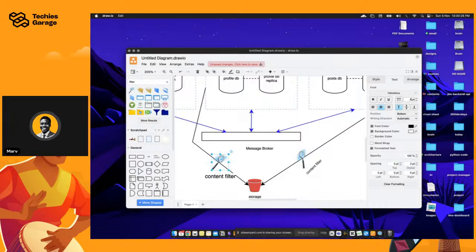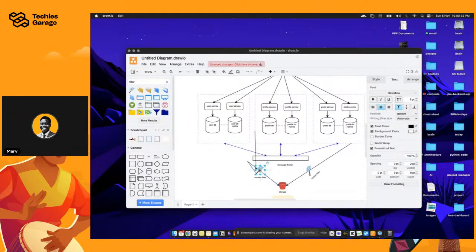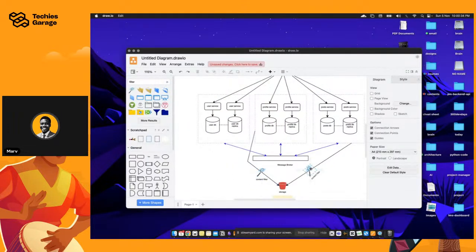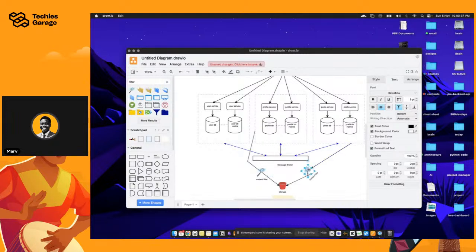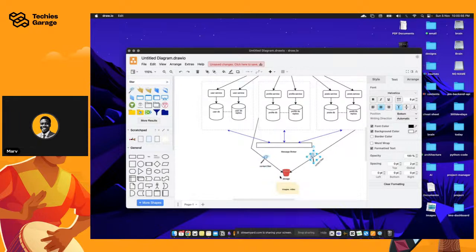I'm just trying to show, from a high level, that we want to make sure we're able to set up filtering. And what you're doing here is, if the item is unable to go through the content filter, if you have some messages that say, oh, this is not right for our network, we don't want this going into our network, of course it means you would definitely want to delete that particular post. If it's a post, you want to delete it. If it's a profile picture upload, then of course that would not save. Okay, so that's the point here.